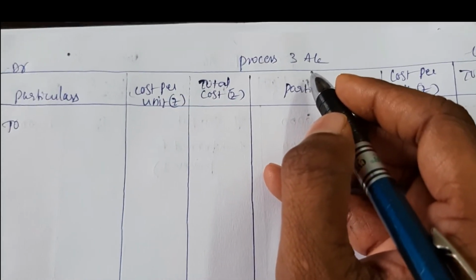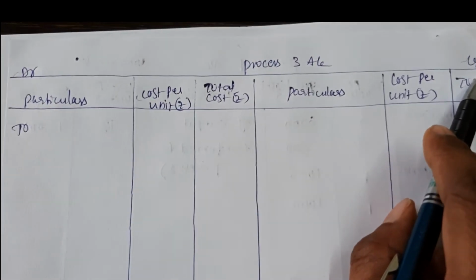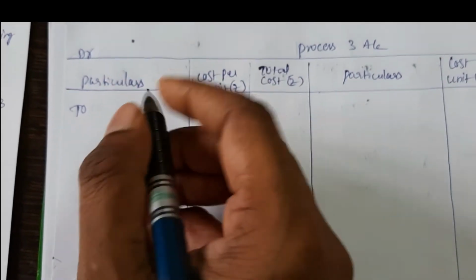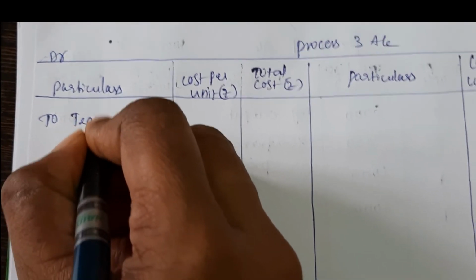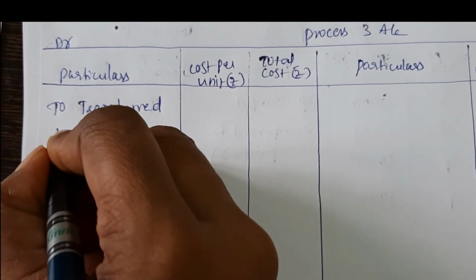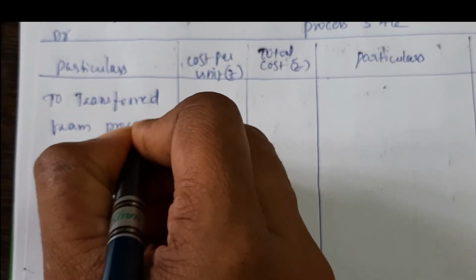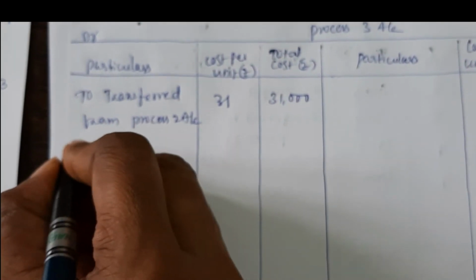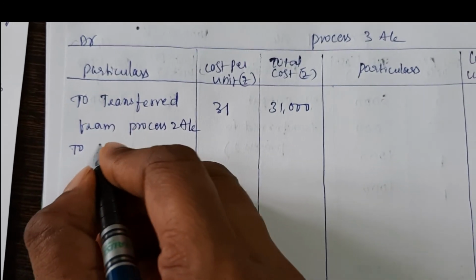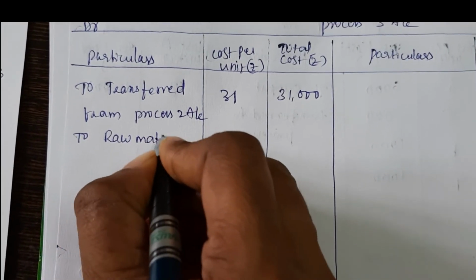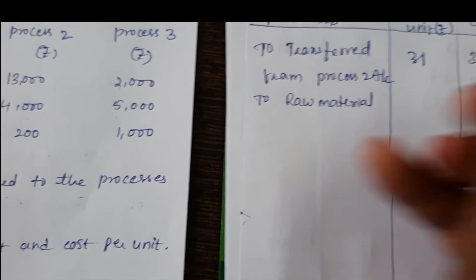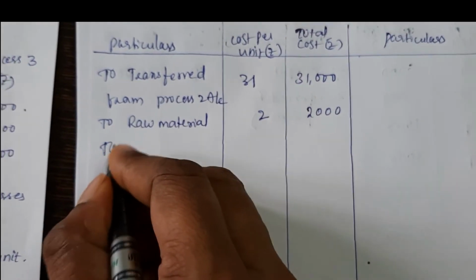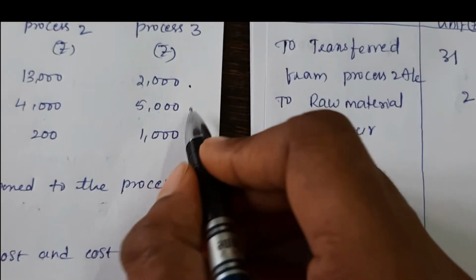So process 3 account, debit and credit sides will be there. Particulars, cost per unit and total cost will be written on both the sides. It will start with to transfer from process 2 account. So 31 rupees and 31,000. To this additional cost will be added. Those are raw material 2,000, rupees 2 per unit, to labor 5,000,